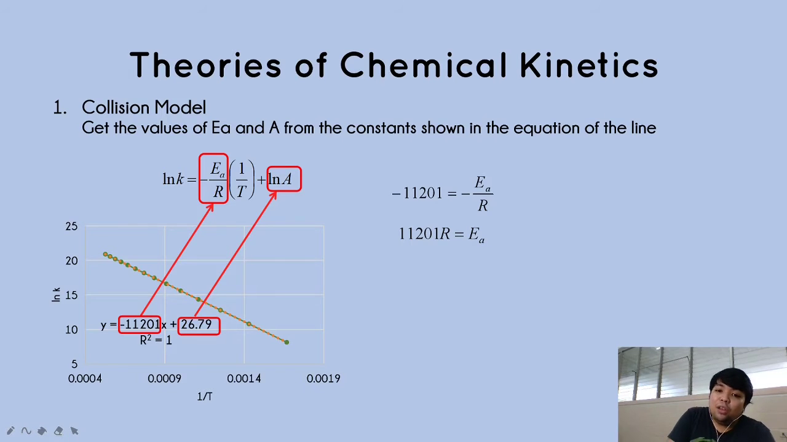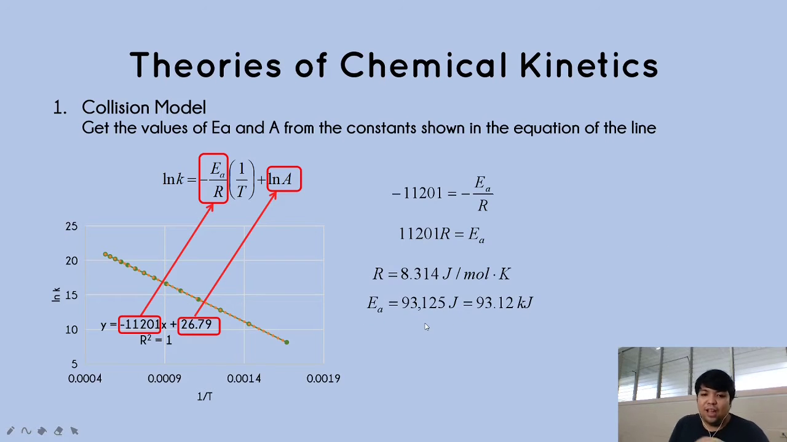But since we all know that the value of the gas constant is 8.314 joule per mole Kelvin, we substitute this value here, and what you'll get will be an answer of 93.125 joule or 93.12 kilojoule. So, that's it. Now, for the ln A, for the frequency factor,